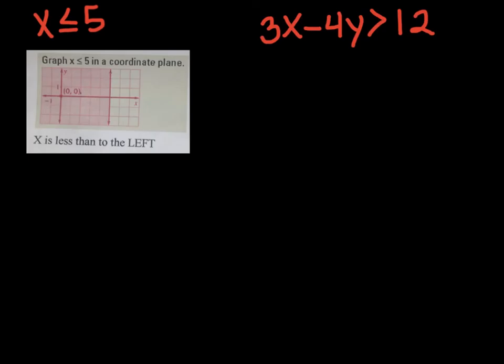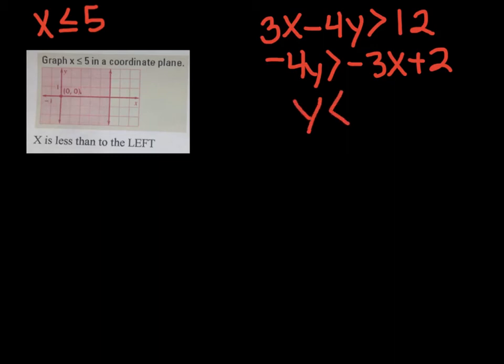All right, the next one we're going to do, 3x minus 4y is greater than 12. So I want to subtract the x to the other side. Negative 4y is greater than, and then I'm going to put it over here, negative 3x plus 12. And then I have to divide everything by negative 4, which means I need to switch the sign. Y is less than. Negative 3 divided by negative 4 gives me positive 3/4 x, and 2 over negative 4